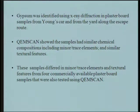They identified gypsum using X-ray diffraction in the plasterboard from the car and from the yard along the escape route. But, you know, is all gypsum the same? So they then analyzed it using QEMSCAN and showed the samples had similar chemical compositions from Young's car and that from the escape route, including minor and trace elements and similar textural features. So in order to determine whether all plasterboards and gypsum are the same, they went out and sampled